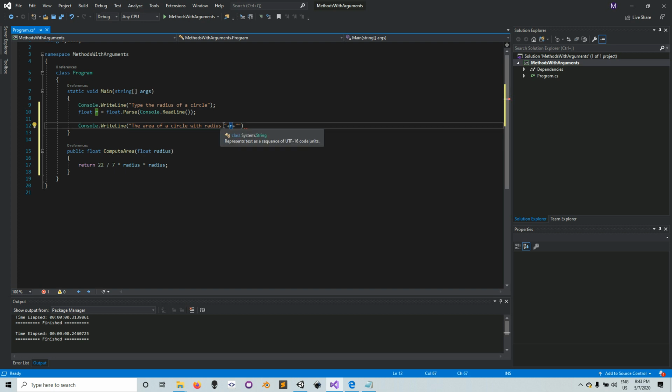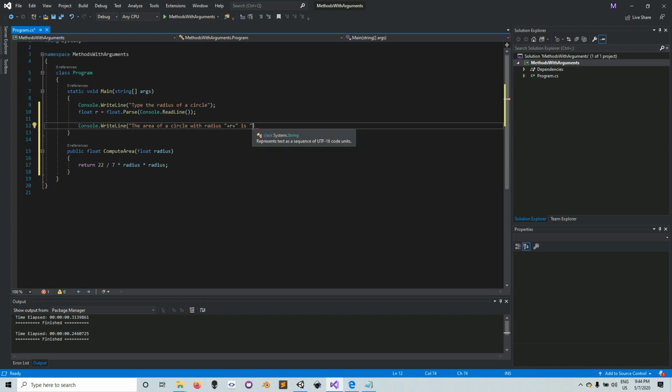Remember, if you put r inside the quotation marks, it's going to type out the r the way you wrote it. But what you want is not the r to be written. You want what variable r is holding to be displayed. That's why we're writing it outside the quotation marks and using plus to concatenate it. So the area of a circle with radius r is, so we give a space there, is, another space,